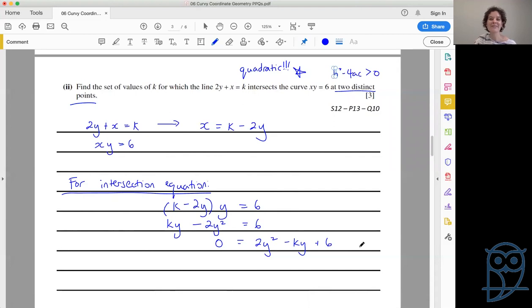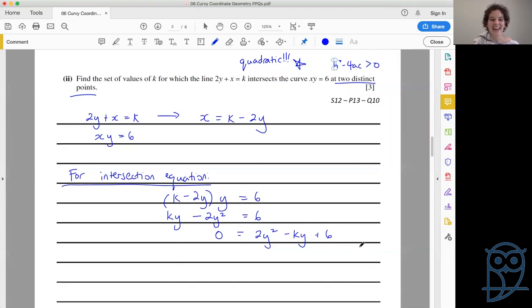Just makes life a little bit easier. Then set of values of k, again, this is going to be inequalities involved. So it links in quite nicely with the fact that b squared minus 4ac is greater than 0. So next step, for values of k,